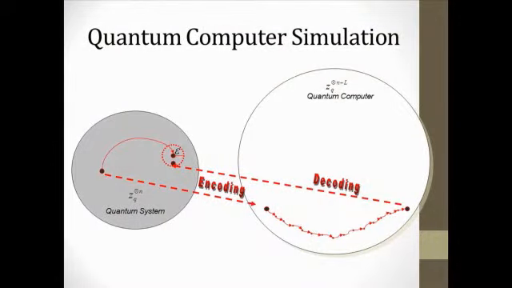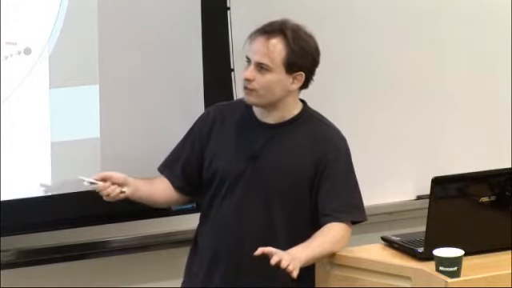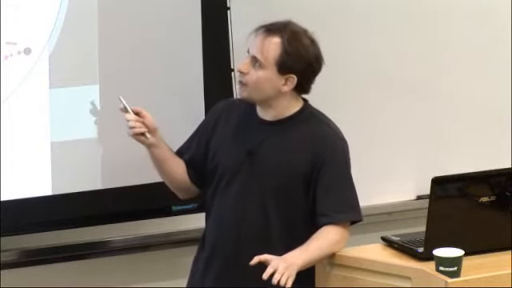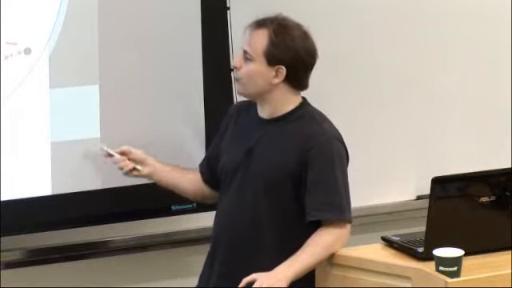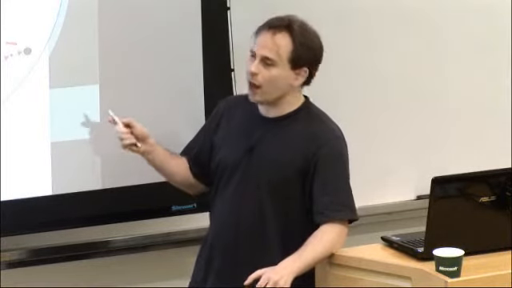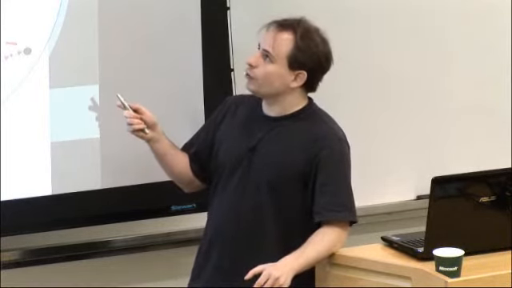So let's talk about basically how this emulation process inside a quantum computer actually works out. There are several steps. The first thing is you have this quantum system, the thing that you'd like to simulate, and you have your quantum computer, the device that you're using to simulate it. In general, you're going to require more qubits for your quantum computer than the quantum system, but for spin systems, it turns out they can often be the same size.